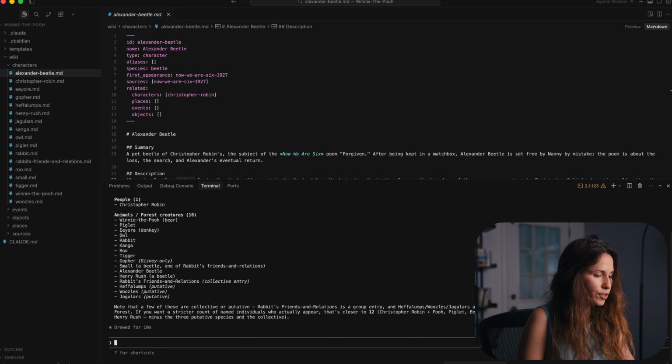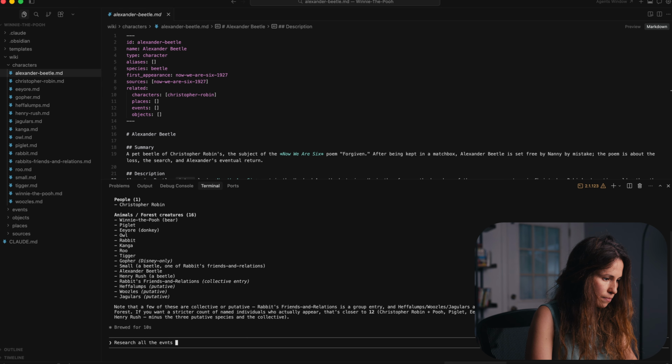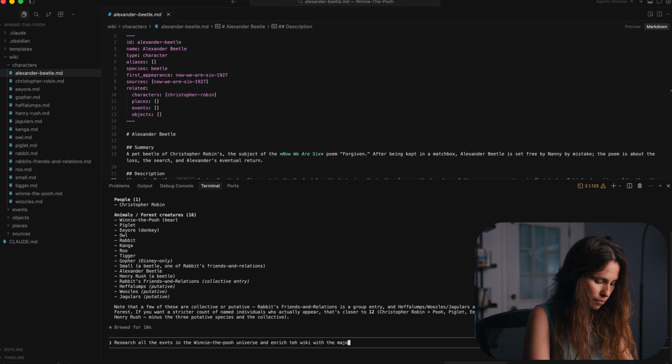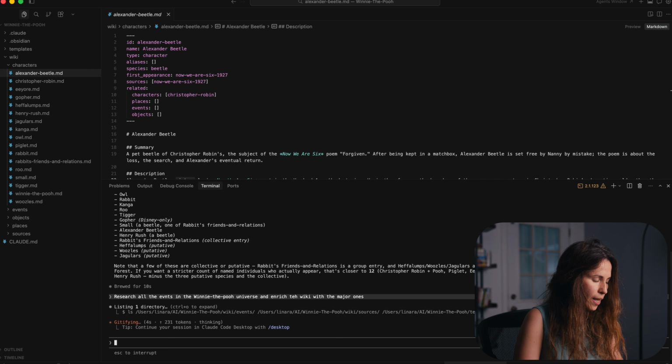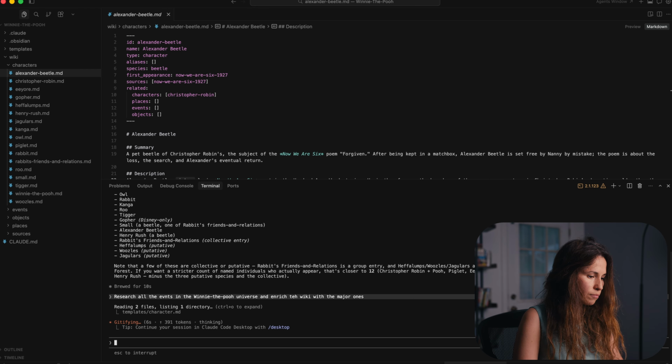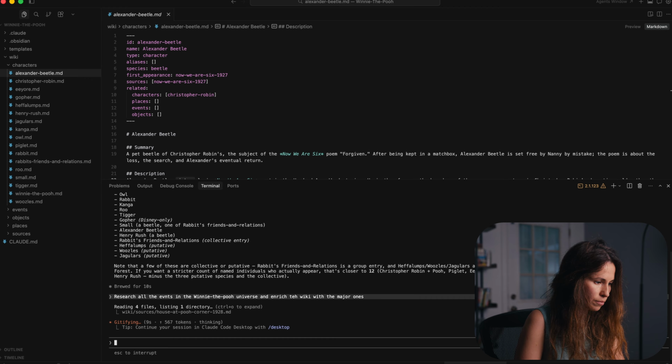Now the task. I type the second prompt. Research all the events in the Winnie the Pooh universe and enrich the wiki with the major ones. Claude Code does the research and then writes everything to files.